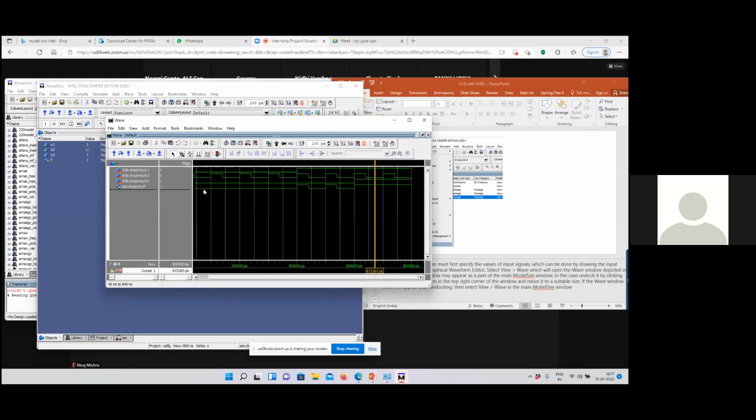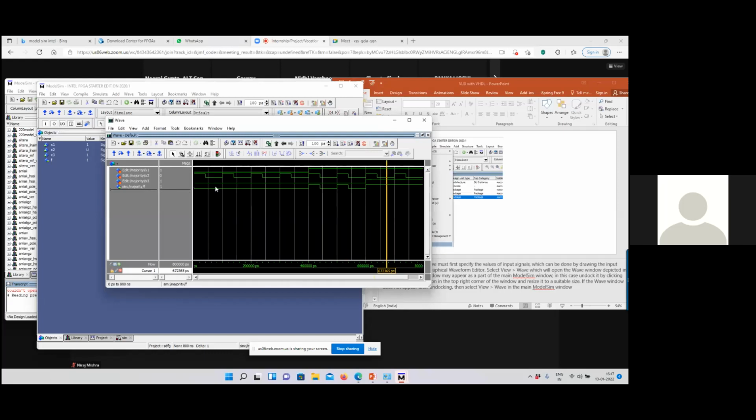You got the pattern. According to the 3 inputs value, output has been decided. This is the way we can simulate any logic on ModelSim. This is very basic. Many options are available, but in a standard edition, limited options are available.